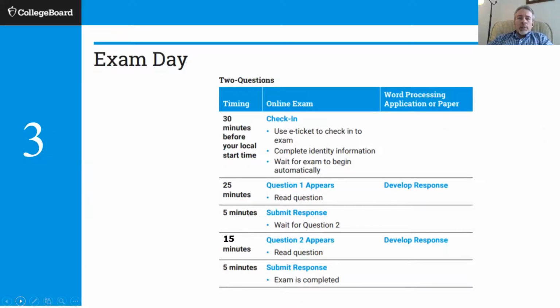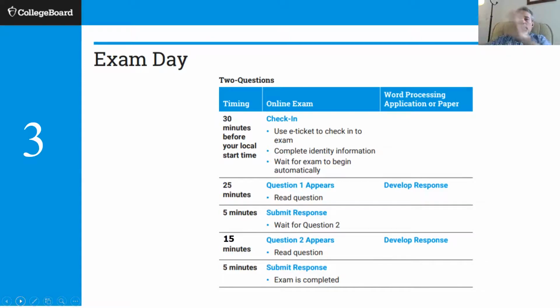So then on exam day, this is the third part of this discussion. There's only one more part after this. On exam day, 30 minutes before the exam. So the exam for you guys is noon. So at 11:30, you will open up your email, click on that link, go to the website, and type in your code, okay? You'll have to wait there for a little while until it opens up. And then when it opens up, you'll have 25 minutes to read the question and then answer your question,